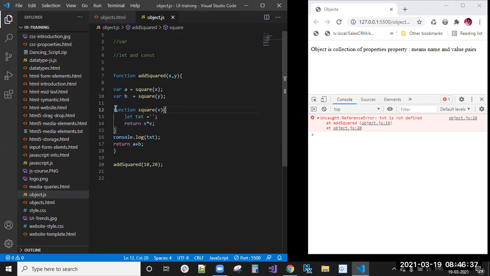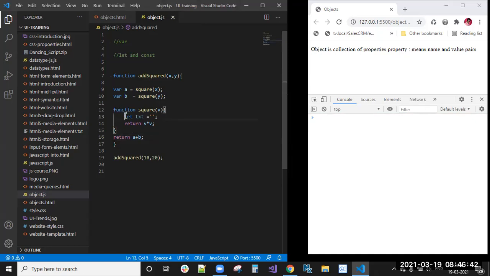So let and constant have block level scope only. Inside that block, instead of var, you can use let and constant. So suppose var txt, I have declared here var txt.